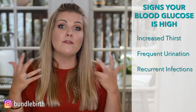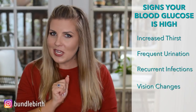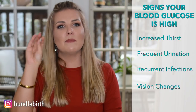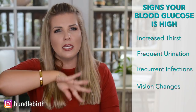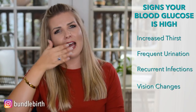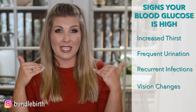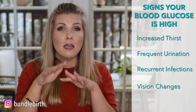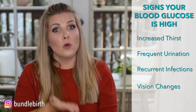And then any kind of vision changes. Vision changes are also a sign of preeclampsia. Another video coming at you sooner or later. But with vision changes, you feel this dizzy, hazy, spotty, blurry situation where you're like, I don't have a headache. A headache with vision changes is more indicative of preeclampsia or high blood pressure in pregnancy. But if you have a combination of that, particularly the thirst,